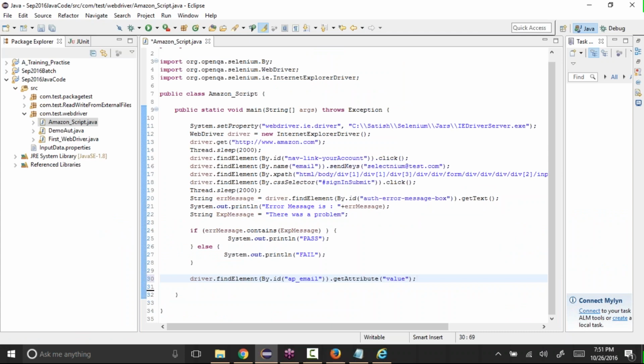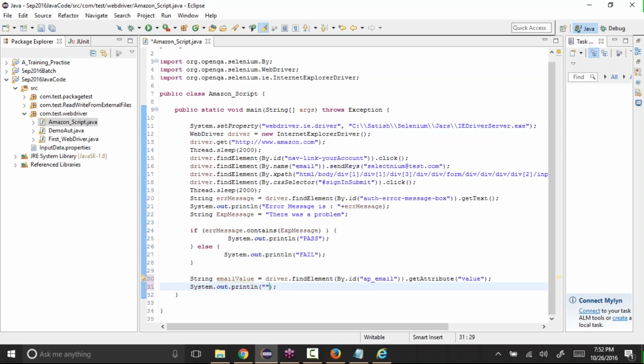And again, this is getting some value. It's retrieving a value from the application, so we need to cache that. Because if you want to use it, we need to store it in a variable. As it is a string, I'll say String emailValue equal to this. And I can display it or do whatever I want to. I can verify it, use it in some other location, or do whatever I want with that email value. So let's say I want to just display it,